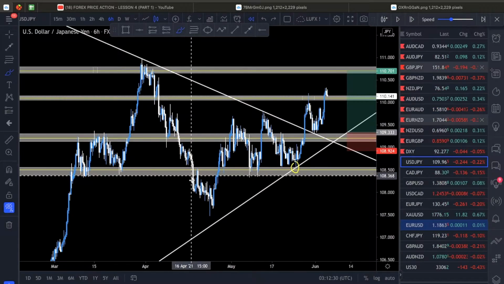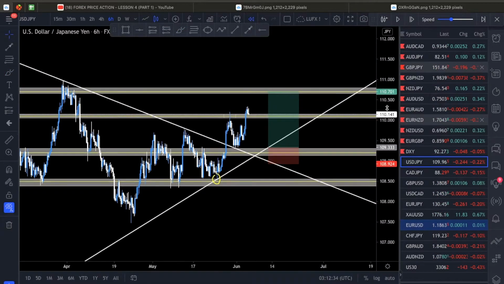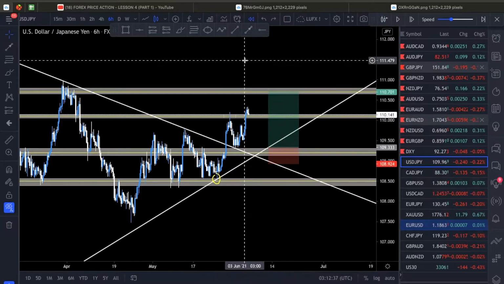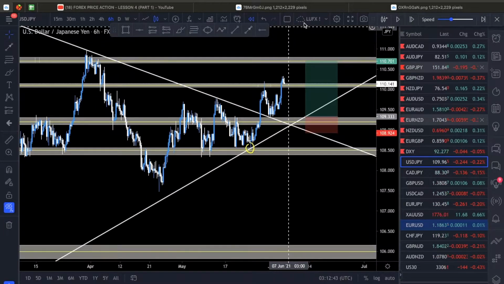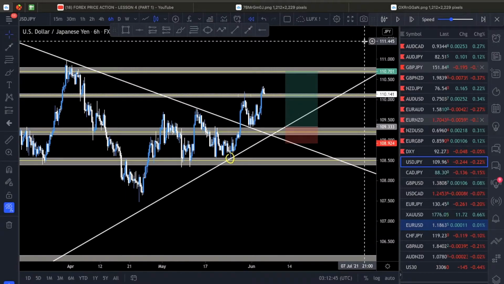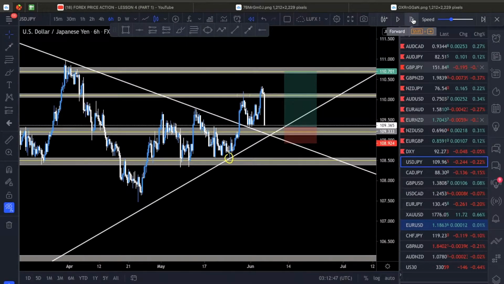Just support, or just key levels. They're not really support, just key levels in the chart, right? So anyways, now that we have that, let's take a look at something else that I added on for confluence, which